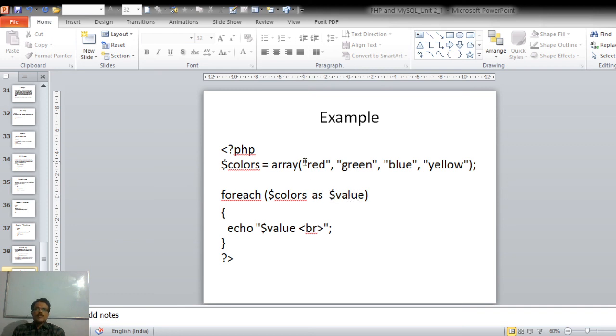So the first time this statement is called, the first value will be assigned to the variable value. Then that value will be printed, and the pointer moves to the next value. This next value will be assigned to the value variable, again printed, and the pointer moved to the next value. Again it will be printed, and ultimately at some moment there will not be any element in the array, and at that time the program flow will come out of this loop.